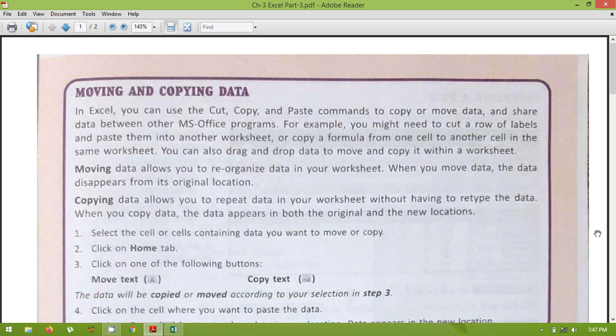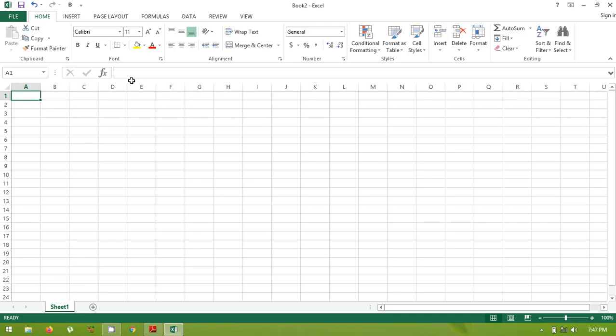And when we copy the data, it allows you to repeat your data in your worksheet. When we copy it and paste it somewhere else, the data remains at both locations, the original one and the new one as well. So that is the main difference between moving the data and copying the data. So let's learn how you can do it. First, here I'm going to enter some of the details, and